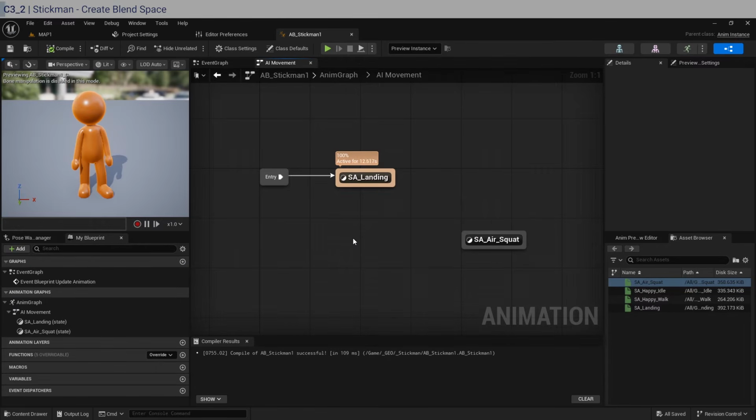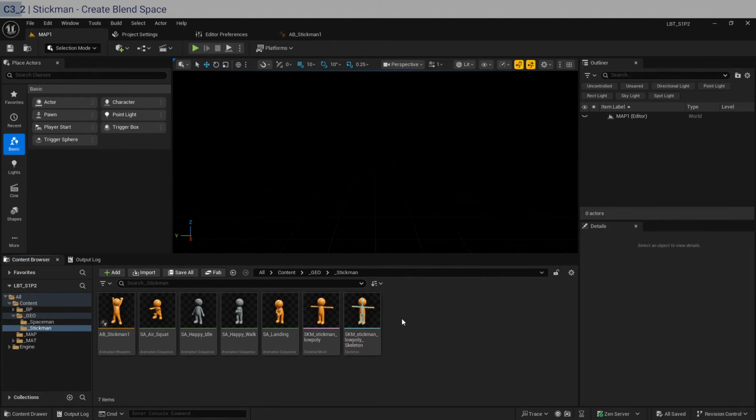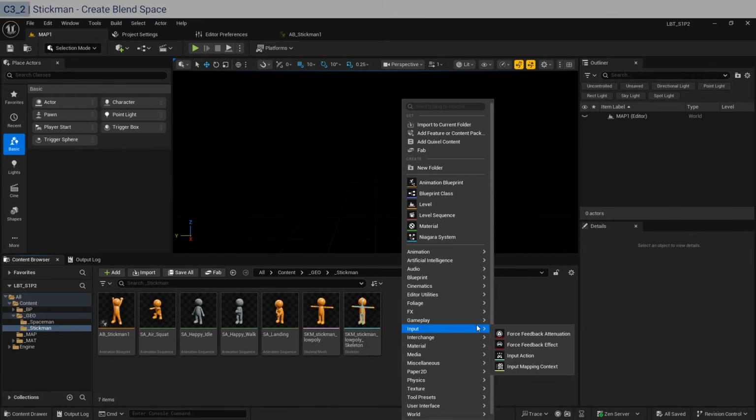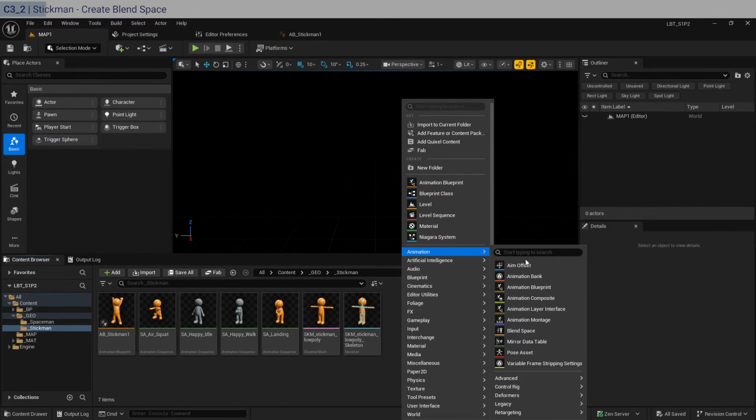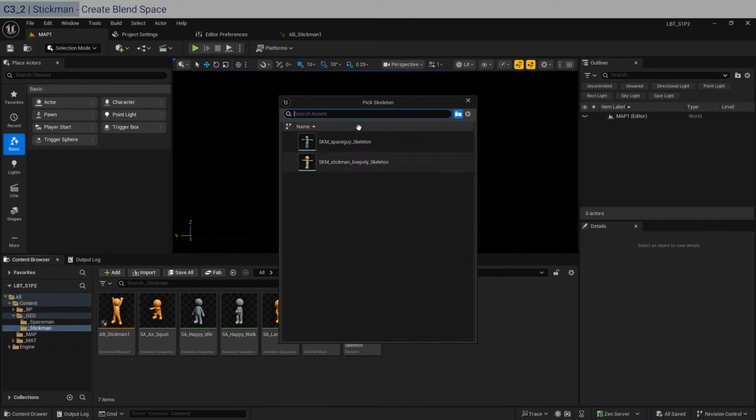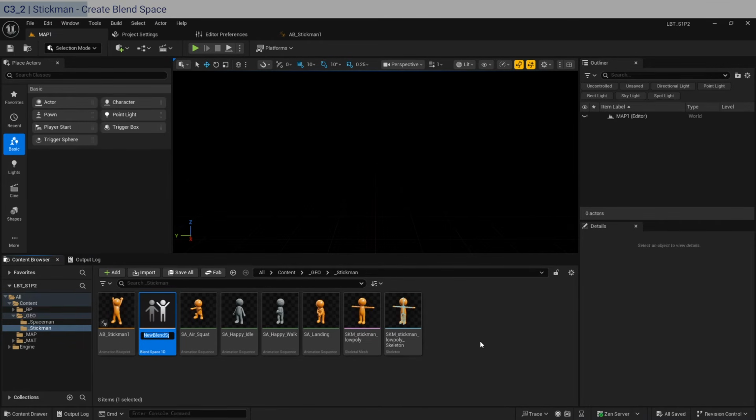Okay, so to create the blend space, let's go back into the content browser here. And I'm going to be using the legacy 1D blend space. That should be inside of animation. And I'm thinking that there is a new thing here, blend space, but there is a legacy blend space 1D, which we can use for the Stickman. Call it blend space BS idle walk